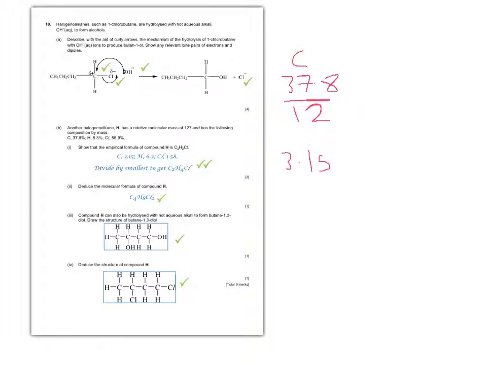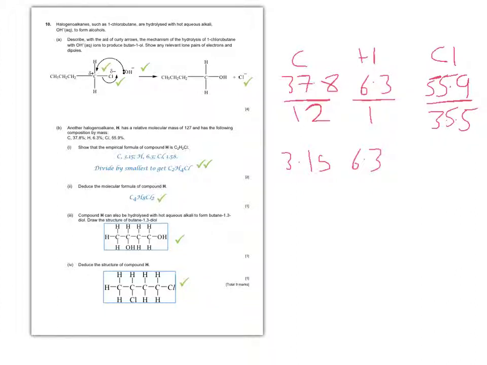And then you're given the amount of hydrogen in the question, which is 6.3 over here, so hydrogen is 6.3 divided by the relative atomic mass of hydrogen, which is 1, and that will remain 6.3. And last of all, you are given the amount of chlorine, 55.9. So chlorine is 55.9 divided by 35.5, and that equals